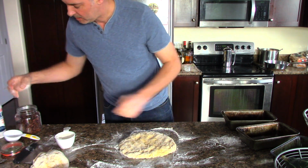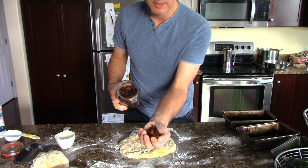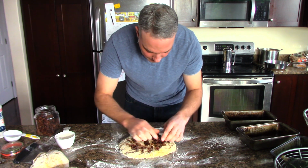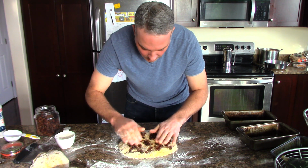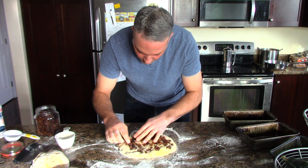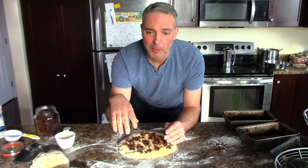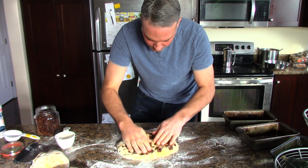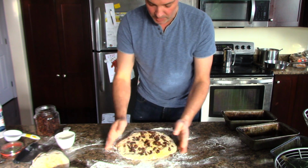Now, I didn't want to make all of these raisin bread, but I'm going to make one of them raisin bread. So I'm going to put about as many raisins as I can hold in my hands, probably 1/3 of a cup, on this. Again, it looks like a pizza. Now you can add the raisins into the mixture and knead them in. But if you're making 3, and you don't want them all to be raisin bread, we sort of have a rule in our house: raisin bread doesn't get jam, but non-raisin bread is green light on jam. We like our jams, especially this time of year. So the raisin is almost like a jam, right? So anyway, you do that,